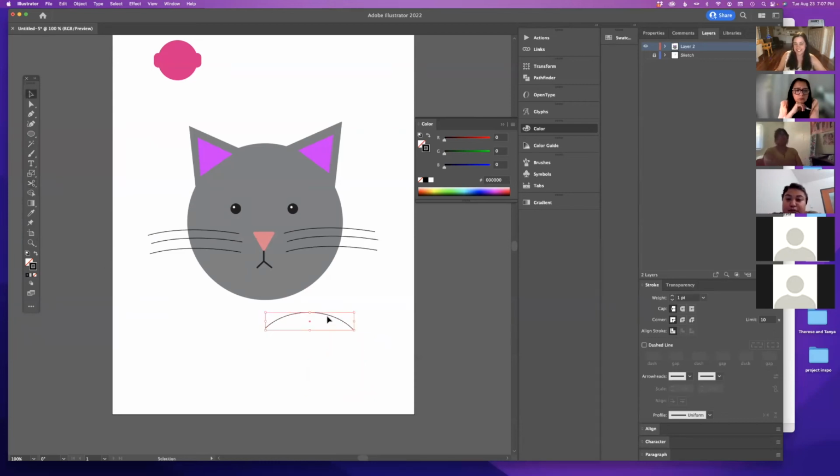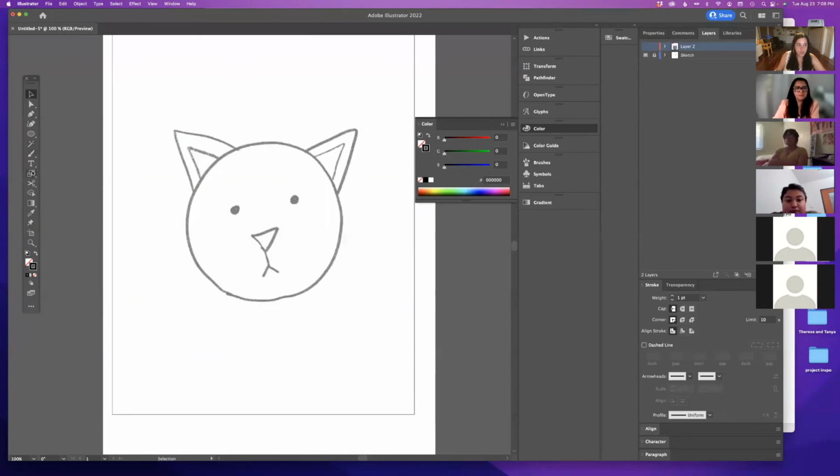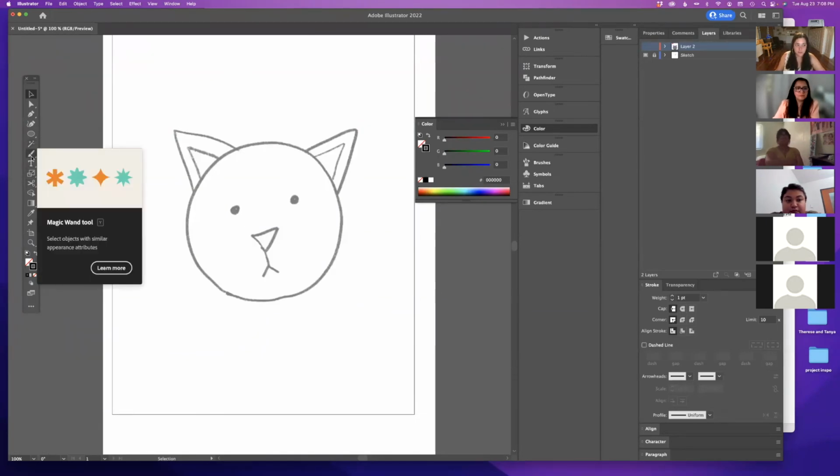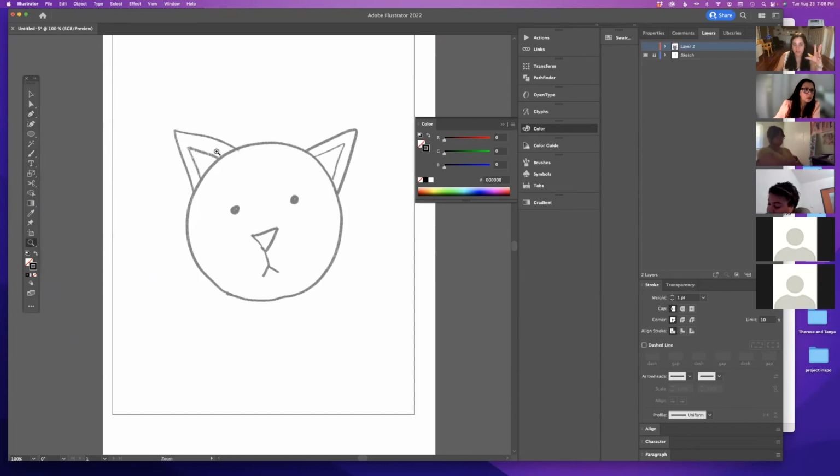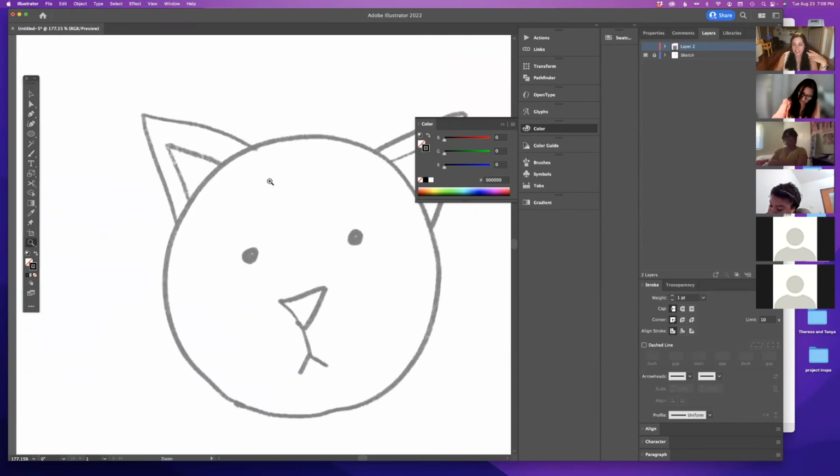So that's why I say there's a couple different ways to do everything. It just depends on the look you want and how precise you are. And just like I was mentioning, this pen tool is a really great tool to get comfortable with, and it's going to give you a lot of precision and a lot of control the better you get at it. So if I didn't want to make my cat out of 2 triangles and a circle, and it was really important for me to follow this line exactly, then I would use this pen tool and start at a point and click and follow these lines.